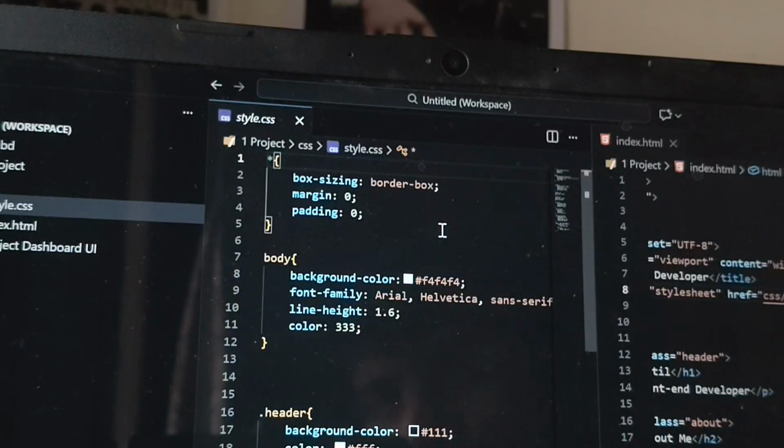What is box-sizing: border-box? Well, box-sizing is actually about the content, whichever it would be in the body in the HTML. What it does is size them up. And where I've written border-box, what it does